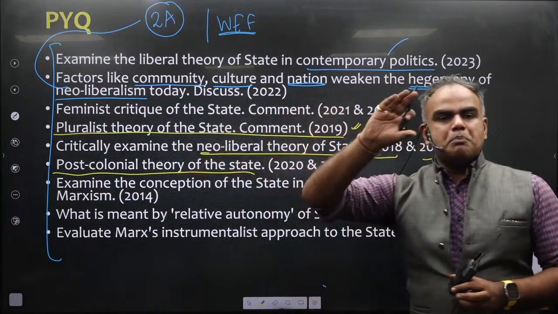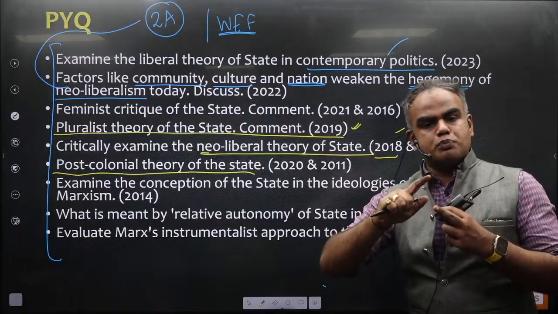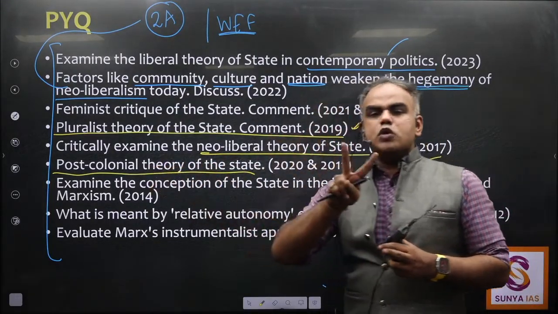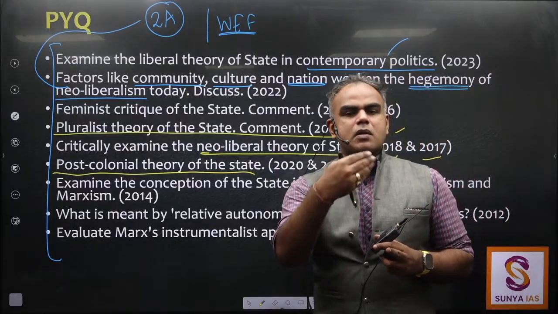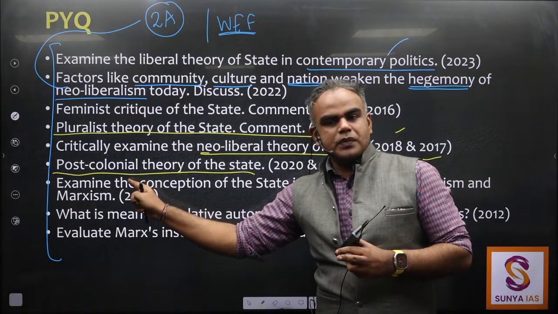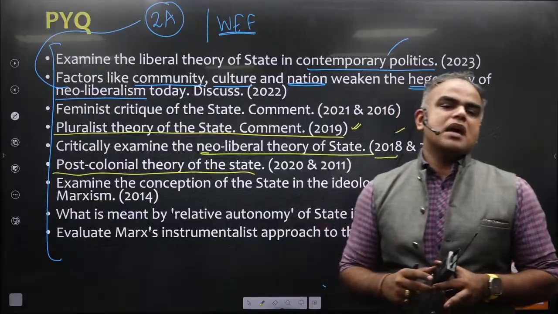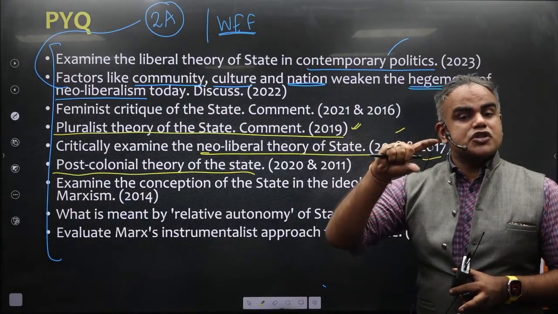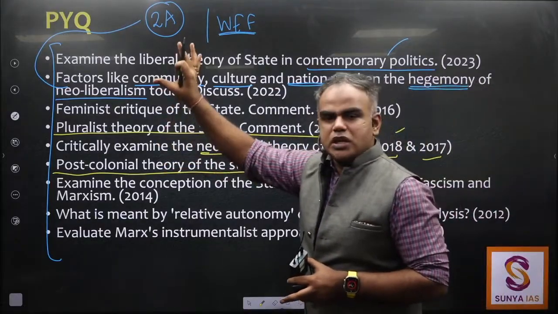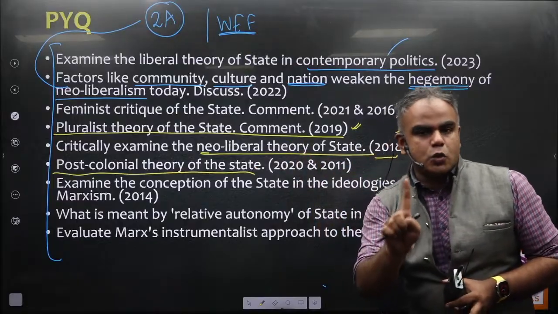When I do the Marxist theory of state, in Marxist theory of state, I'll also go to post-colonial societies. And there we'll also see there are two different theories. One is the theory of development and underdevelopment. That is also linked to this topic. And another theory that we'll also see is the overdeveloped state by Hamza Alavi, and that is a structuralist theory of state, the Marxist structuralist theory. So normally what you see in Marxism, that same lens can also be applied here. That is one way to look at it.